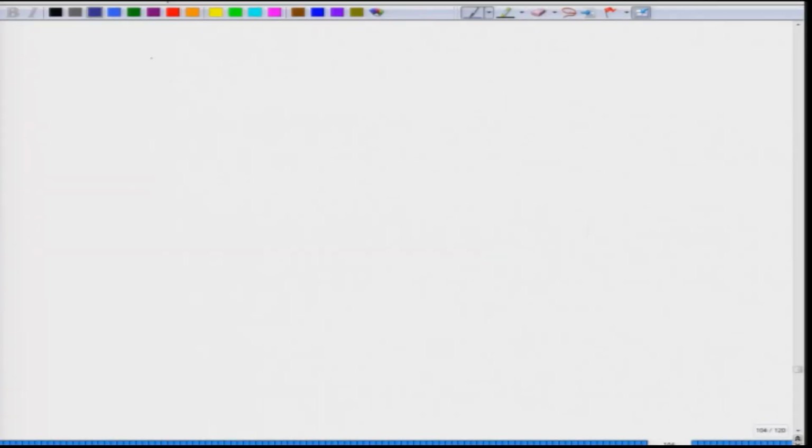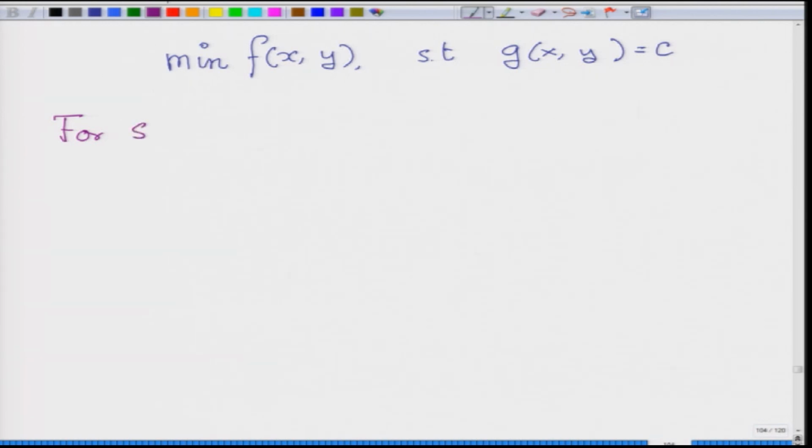Now, let us look at this problem. Minimize f x y such that g x y is equal to c. For simplicity in the exposition we set c is equal to 0, and in doing so we lose no generality,